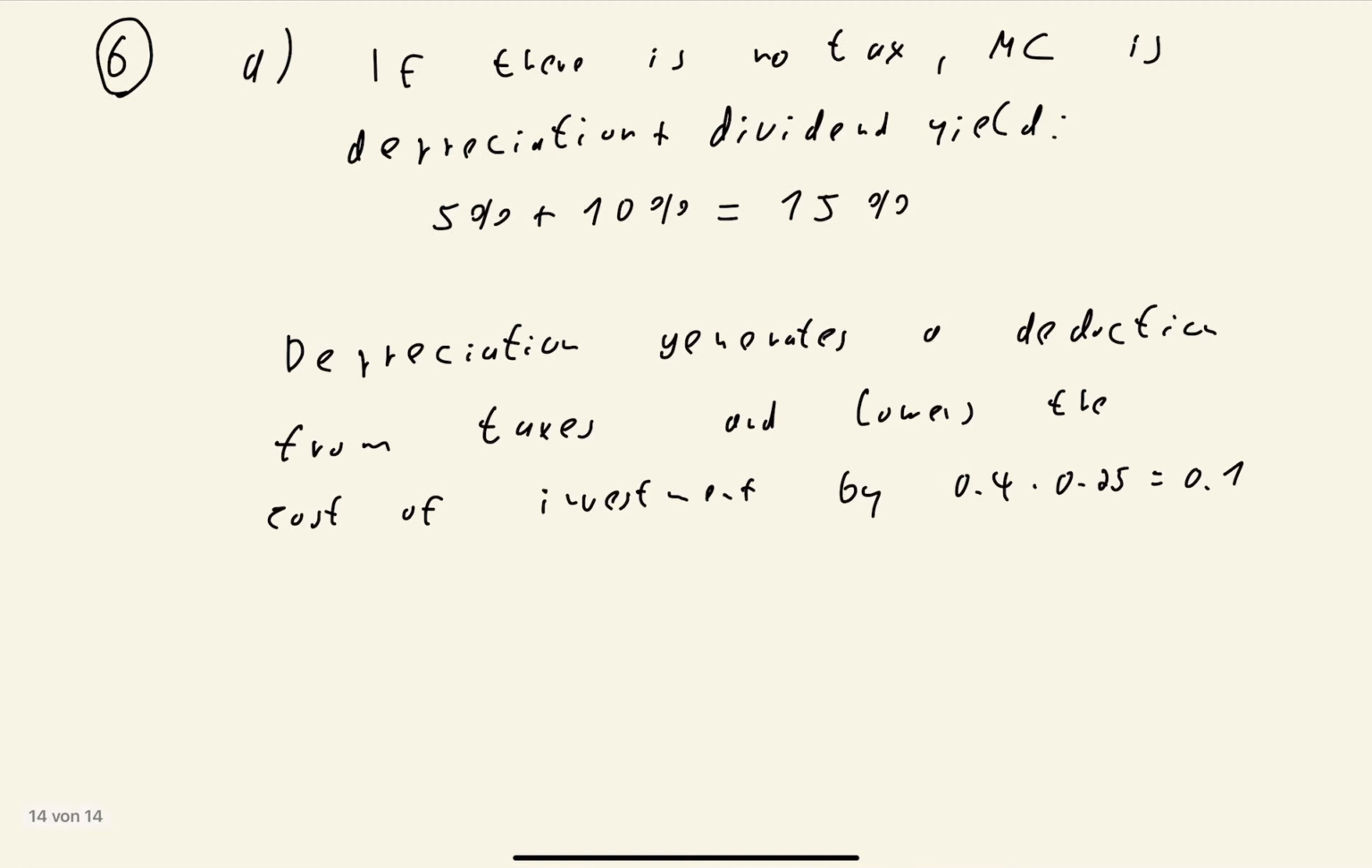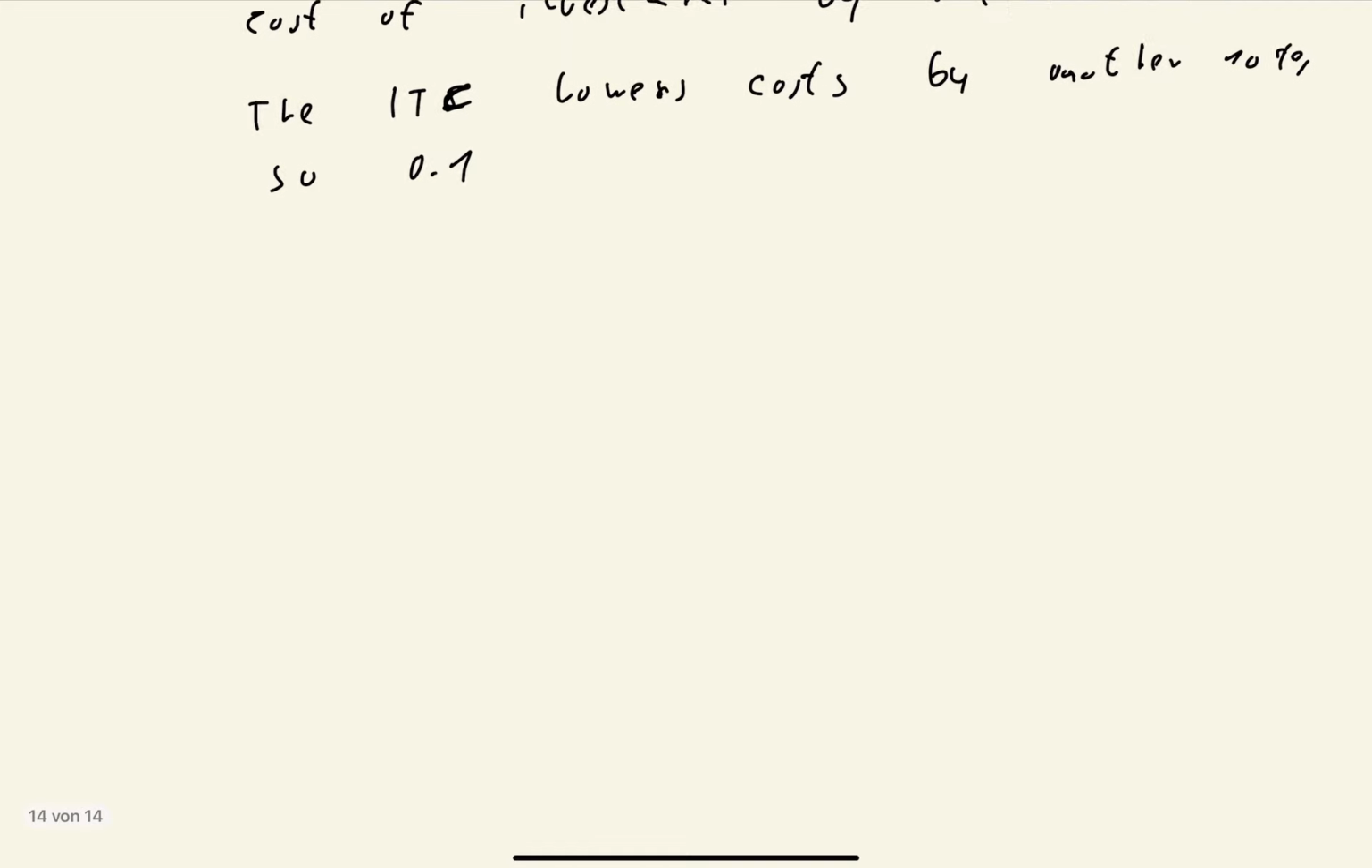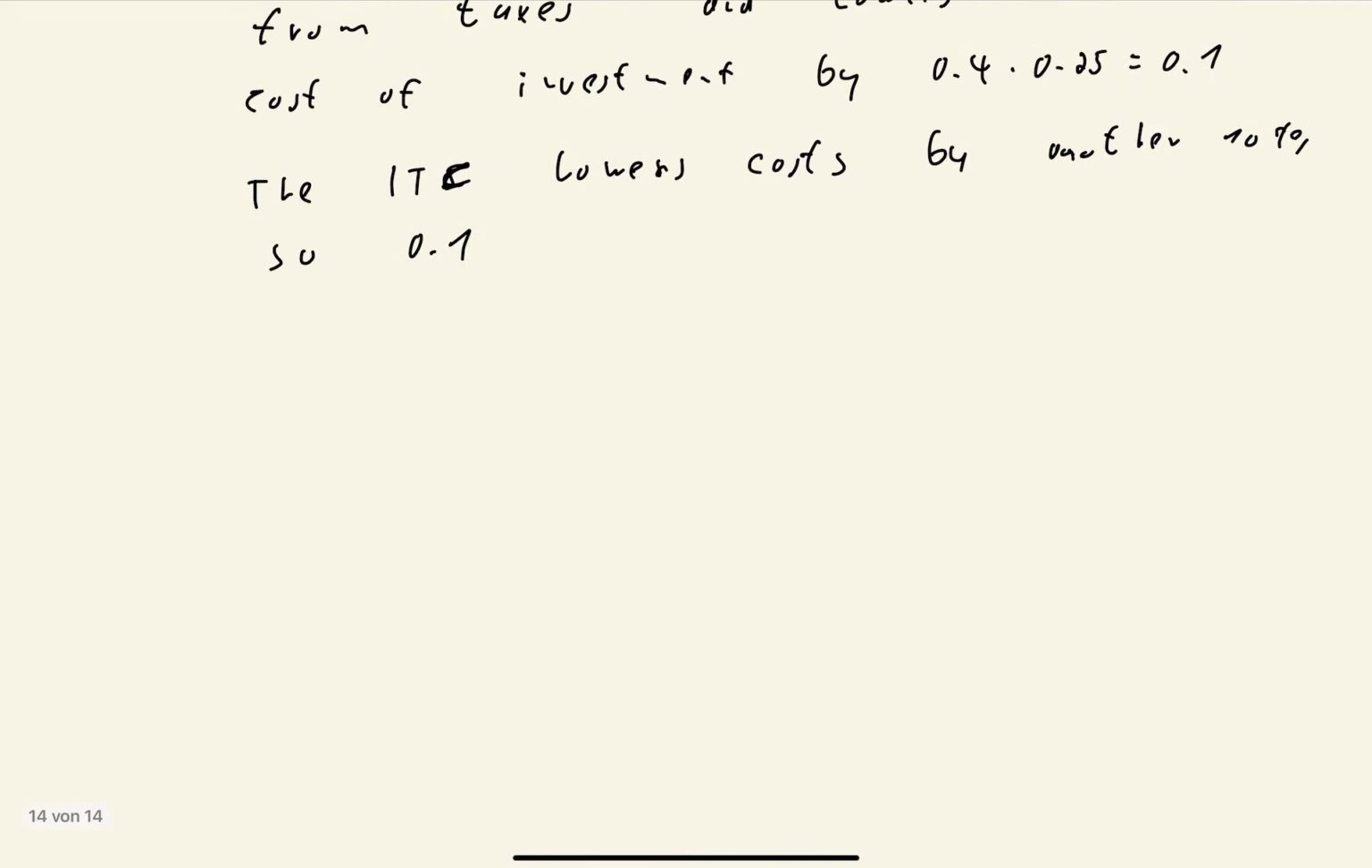Okay, so then the investment tax credit, which is shortcutted by ITC, it lowers costs by another 10%. So 0.1. So what we then get finally,